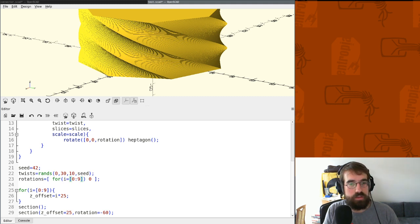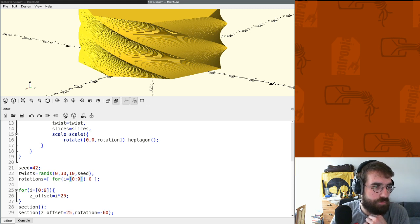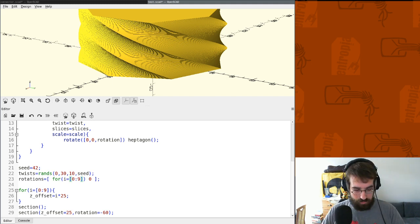Let's go back to the manual and let's see if there is also a way to sum vectors. There are vector number operators defined in the manual. Okay, those apply to the whole vector. There's also matrix multiplication options, conditional operators, and whatnot. Okay. So let's see if there's a sum over